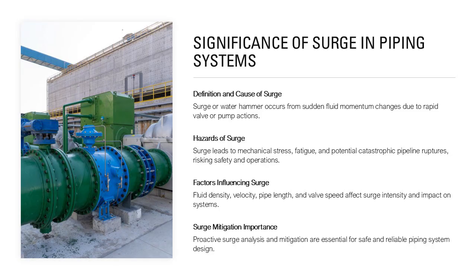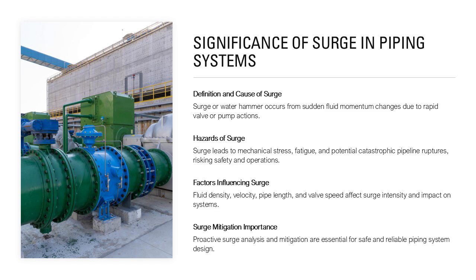Surge, commonly referred to as water hammer, is a critical phenomenon in piping systems that occurs when fluid momentum changes abruptly due to rapid valve operations or pump transitions. This sudden change generates high-pressure waves that propagate through the system at sonic speed, creating transient forces that can exceed design limits. Surge events are particularly hazardous because they can lead to severe mechanical stress, fatigue failures, and even catastrophic